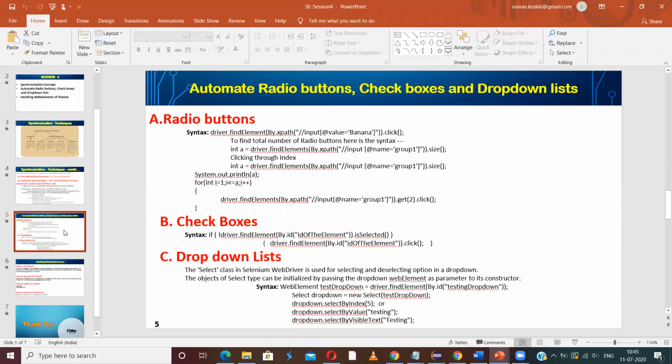So unlike the other types of web elements, for drop-downs we have to explicitly use a class called Select, and there are different methods using which we can interact with the different list items within the drop-down. So we can use the method select by index, or select by value, or select by visible text. So these examples we have seen last time.